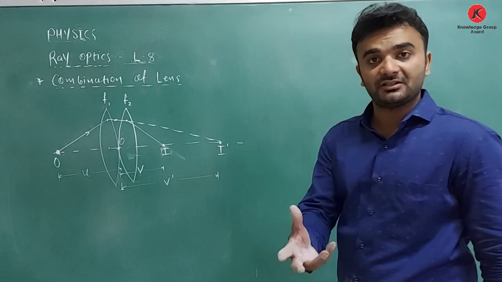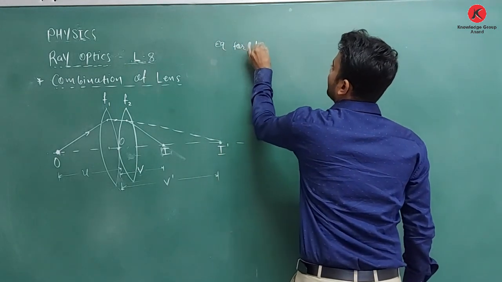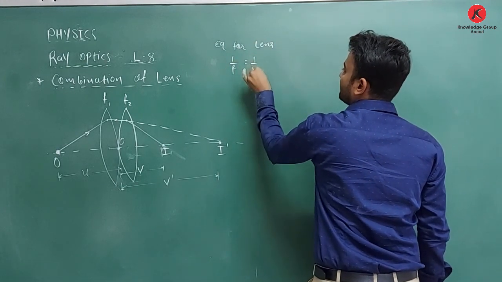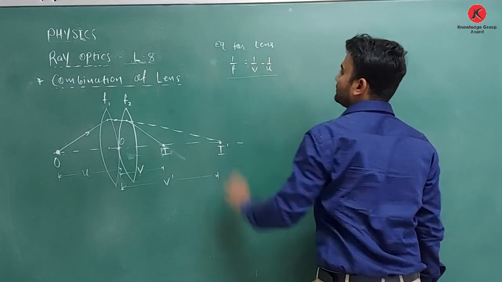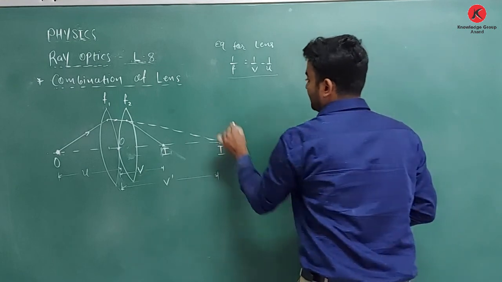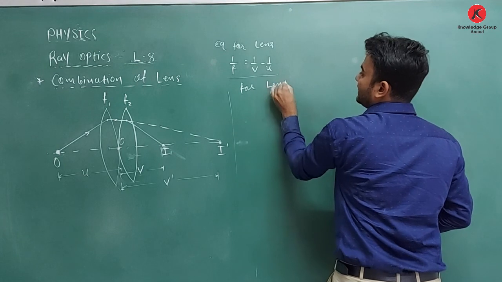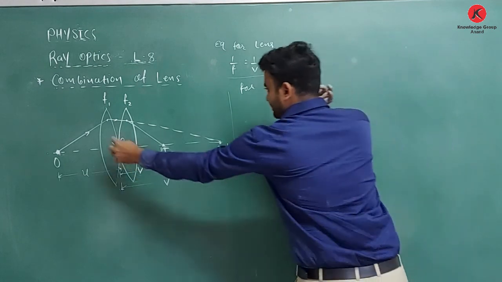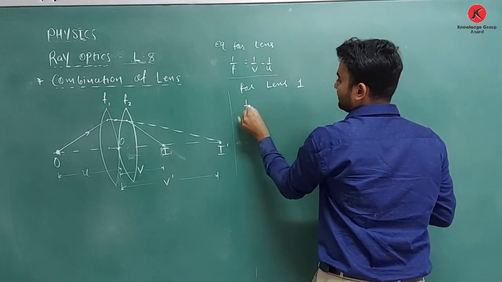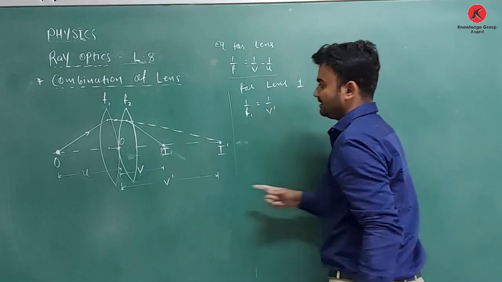We all know the equation of lens. The equation for lens is 1 upon f equal to 1 upon v minus 1 upon u. So for lens 1, the equation is 1 upon f1 is equal to 1 upon v dash